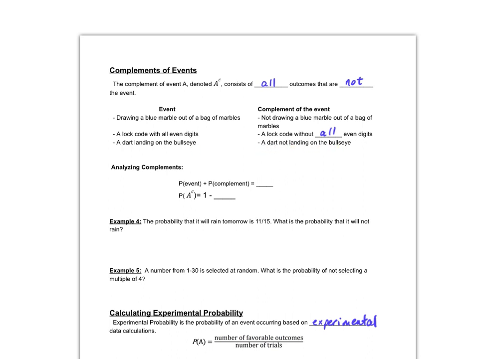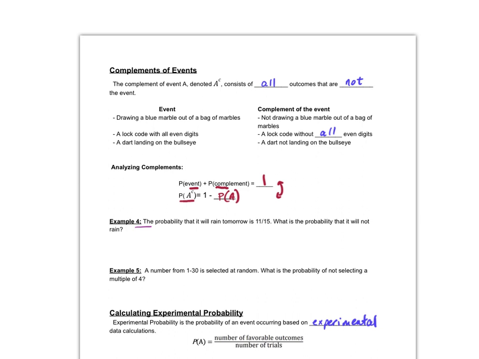that bullseye. Because we're learning here to analyze these complements, the probability of the event happening plus the probability of its complement should total 1, or 100%. And if I were to look at that, the complement is going to be 1 minus the probability of the event happening. So those two things are the same, just manipulated using algebraic skills. So just understanding this. So let's see here, looking at example 4, the probability that it will rain